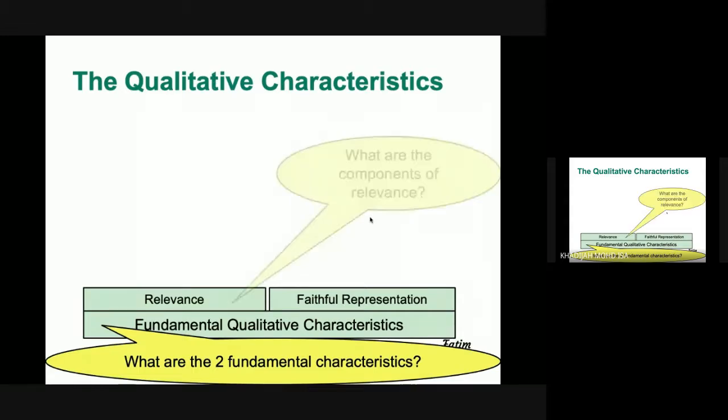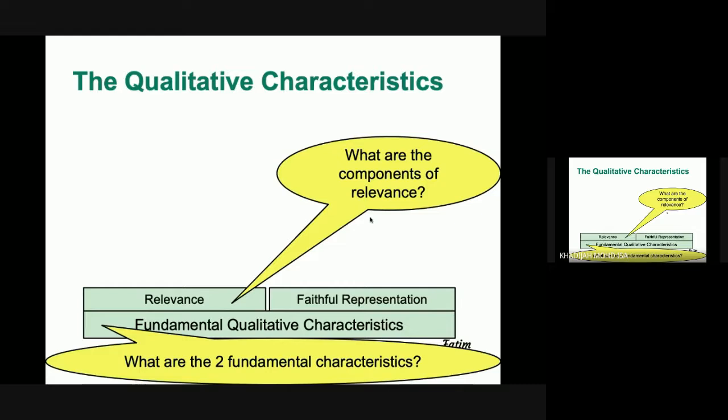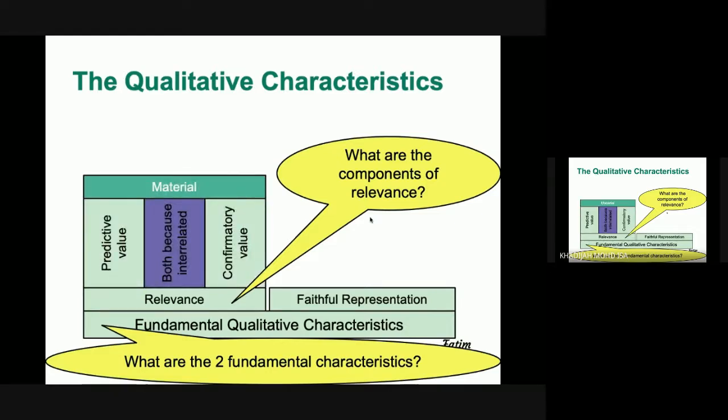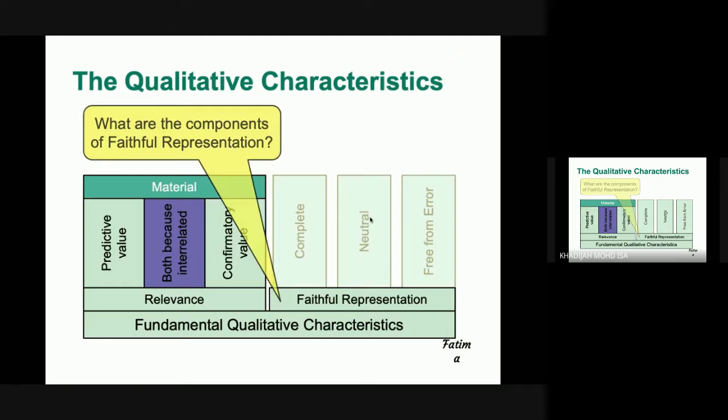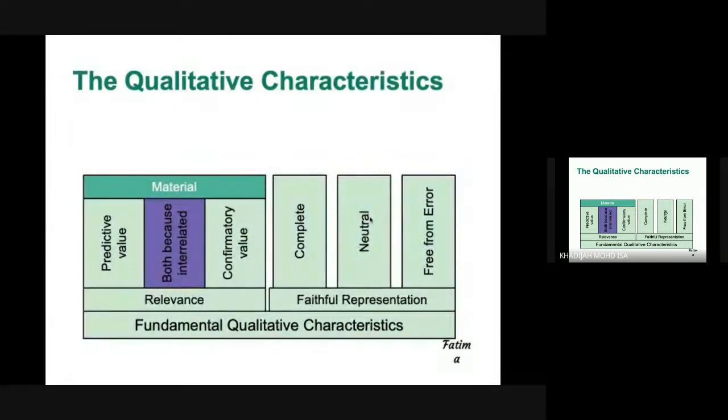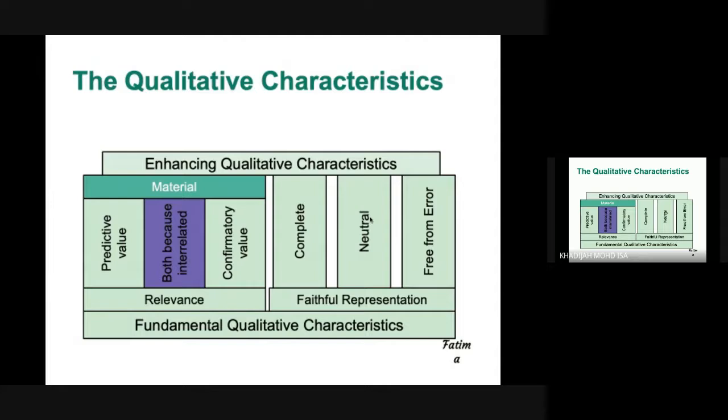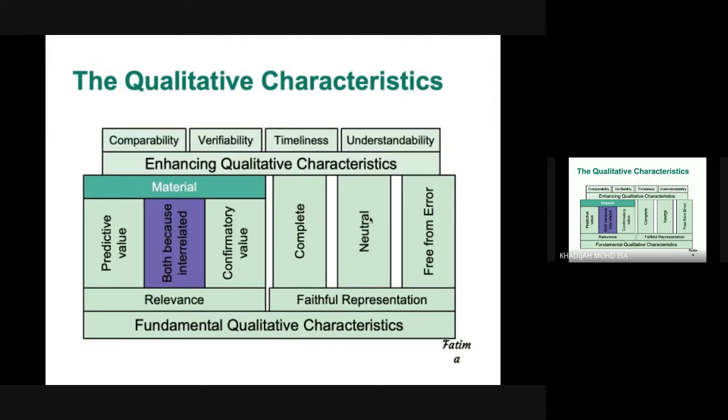What are the components of relevance? They have three: predictive value, materiality, and conformity, right? Then what about the faithful representation? It has to be complete, it's not biased, and it's free from error. In order to enhance the qualitative characteristics, they come up with four more: comparability, verifiability, timeliness, and understandability,